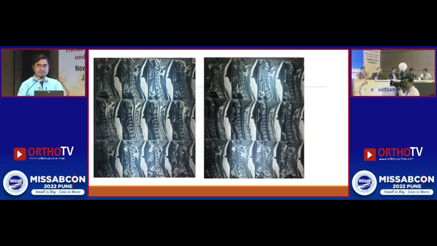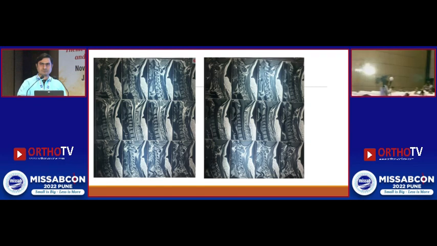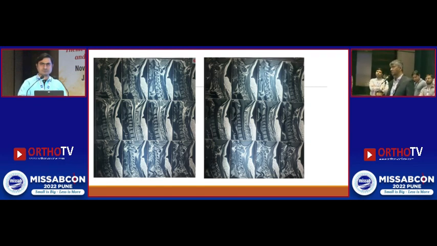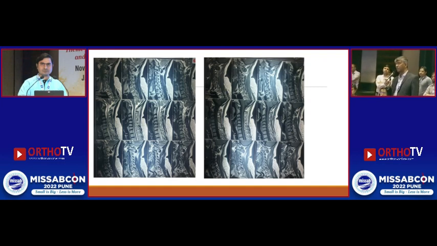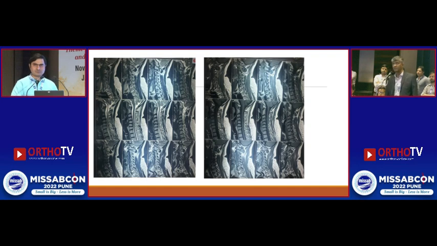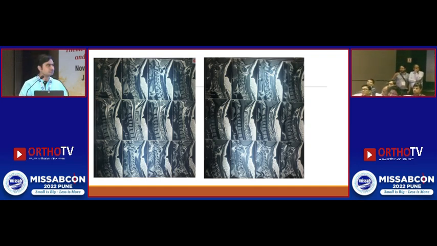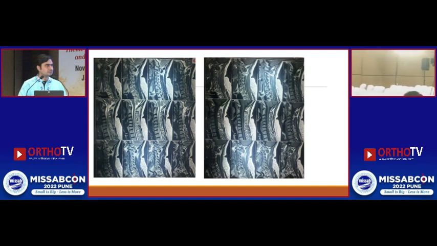There are two things always: image and the correlation with the clinical findings. So many times with brachialgia, the pain classically going to C5 or C6, we always look at the foramen, but we have to remember that beyond the foramen there could be so many generators of the pain. So unless you are very sure with a doubtful film, don't be in a hurry to take any kind of invasive approach to pain modality. Even Tushar said that he will give a block. The moment you have put a needle or knife on the patient, every onus is on you.